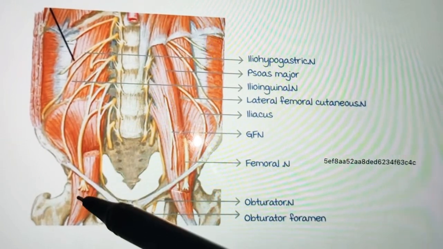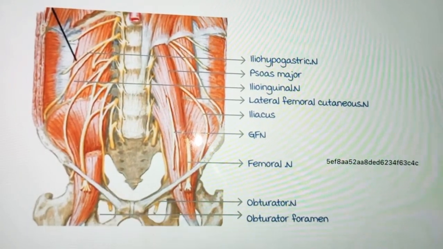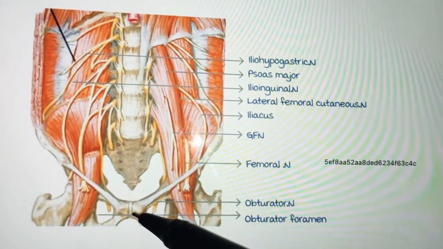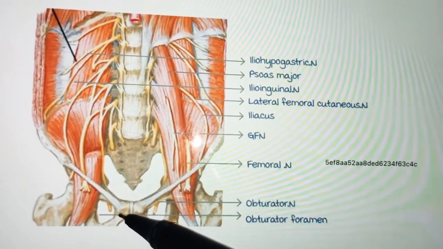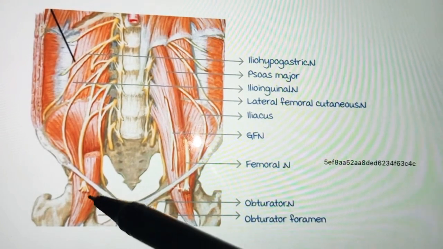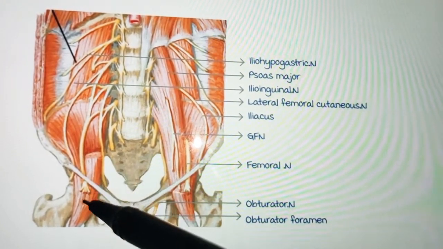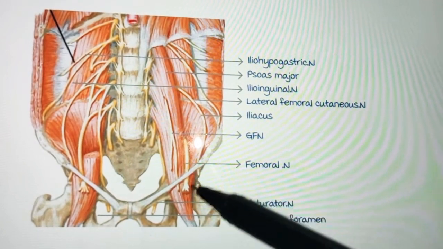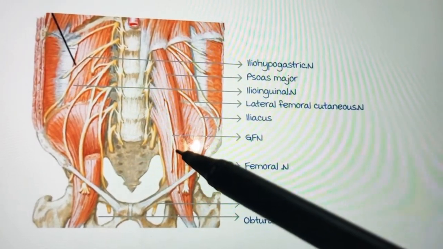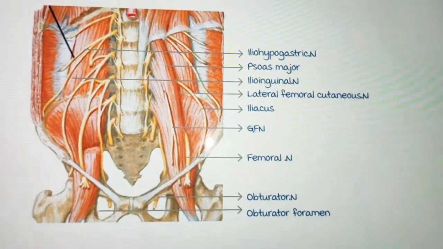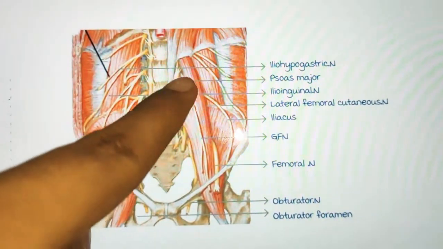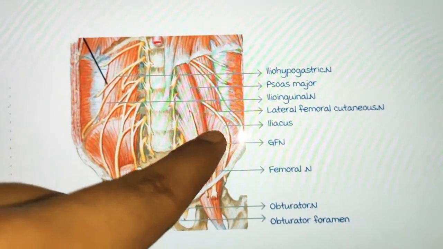The femoral nerve, you can see it is passing below the inguinal ligament. Actually the inguinal ligament is coming from the anterior superior iliac spine to, you can see here, the pubic crest. So it is below. So below this you can see the nerve, that is the femoral nerve. Here you can see clearly. So mainly if you observe the femoral nerve, which is passing between, you can see this is the psoas major muscle and this is the iliacus muscle.